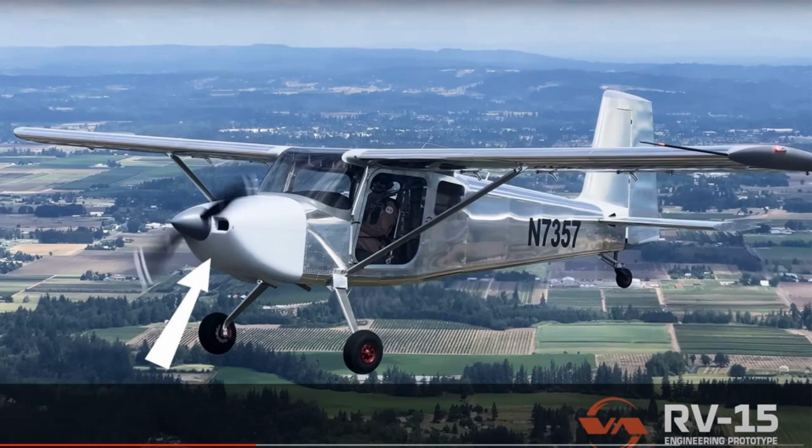So I think we can be fairly sure there's a big prop here. Other things, obviously, we've got the gear. Vans is famous for the round spring steel rod. This is clearly a big departure. It looks like flats, and I'm guessing it's probably flat aluminium gear, maybe from one of the